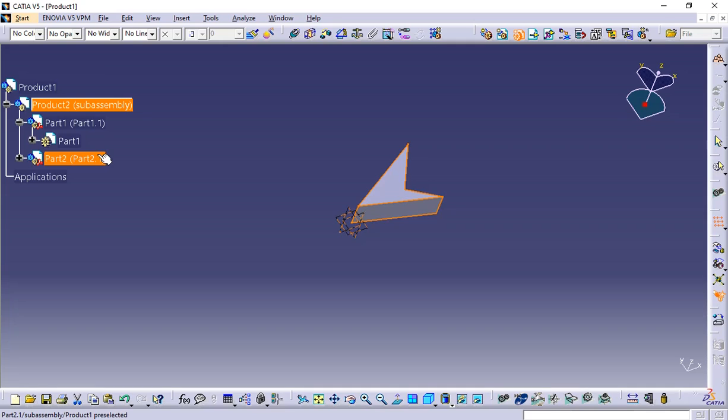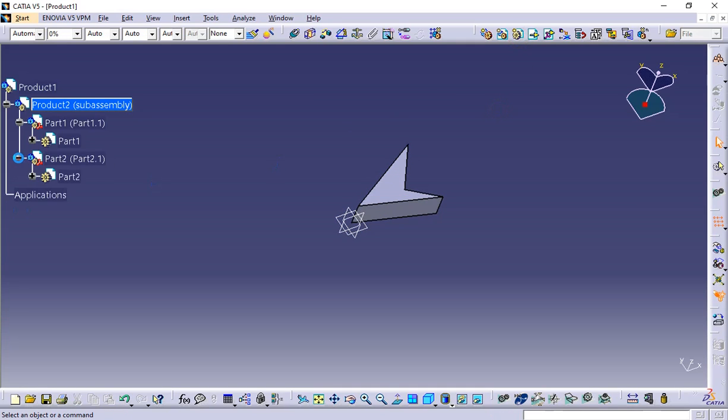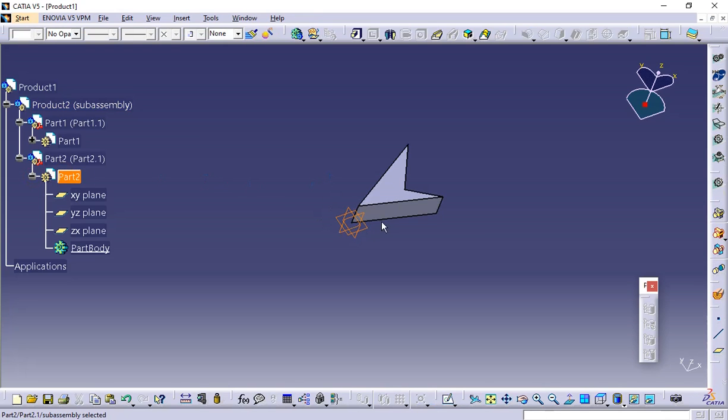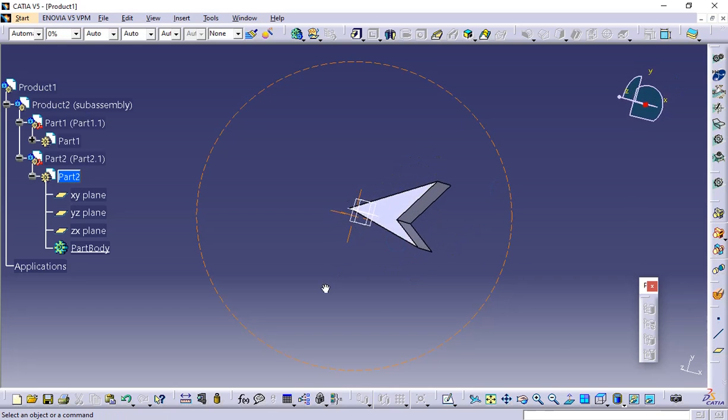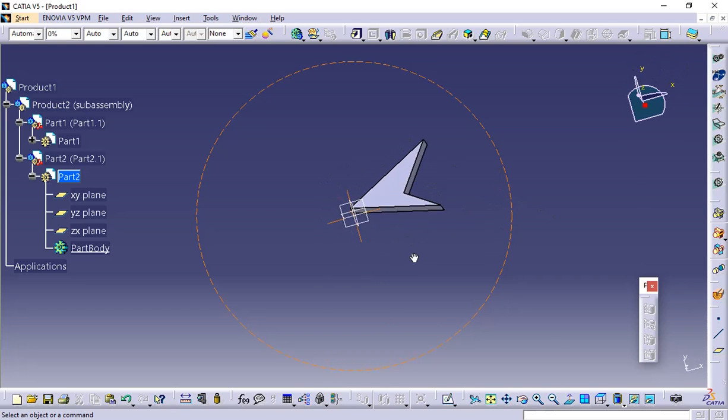So in this part 2, click on this, and you will be redirected again to the part design workbench. Okay, let me take this, select this and go to the sketcher,